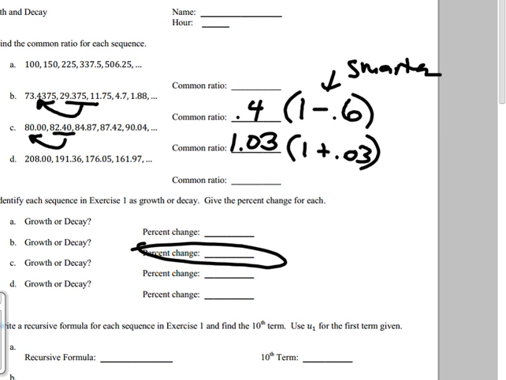All right. Down here, they're just asking about those same 4 questions you do up above. And what is the percent change? Well, like we were looking at this one right here, the second problem, which is this one right here, and that is not 40% change. It is decay of 60%.